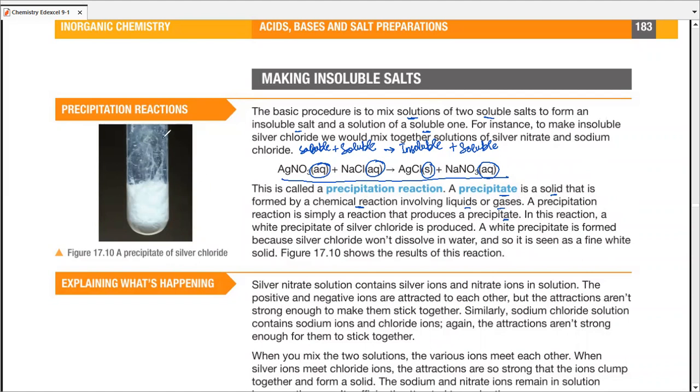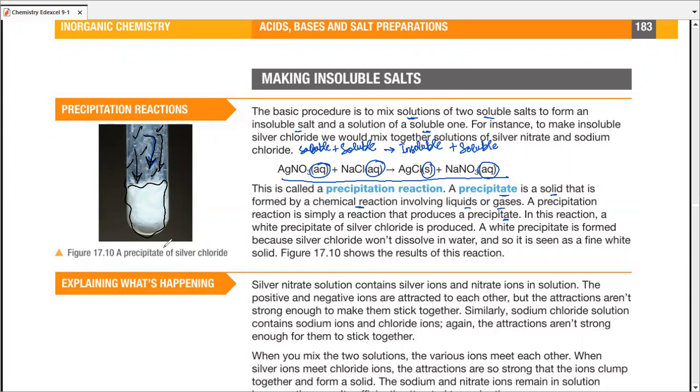So what happens, as you can see in this test tube, this is a filled test tube. There is liquid all the way in this test tube, and the solid tends to settle. And I'm going to use a different color since that's not much visible. The solid tends to settle down at the bottom of the test tube. So this bottom portion, although we have liquid in these parts as well, the solid tends to settle down at the bottom because usually the insoluble salts that we form are heavier in density as compared to the liquid